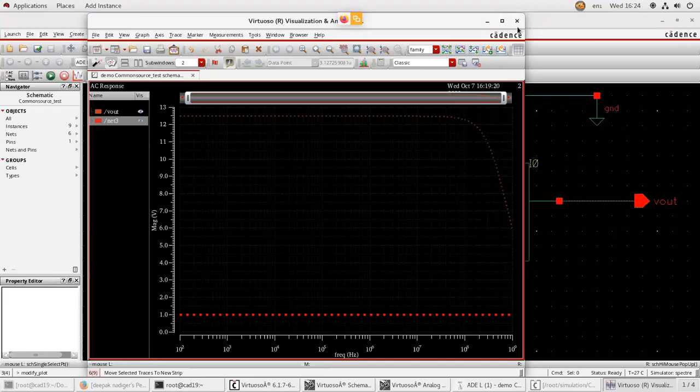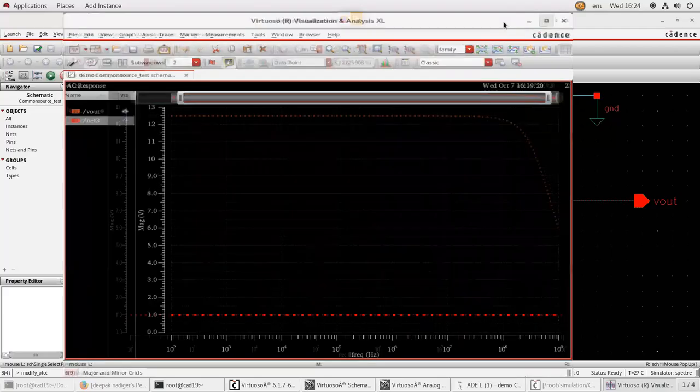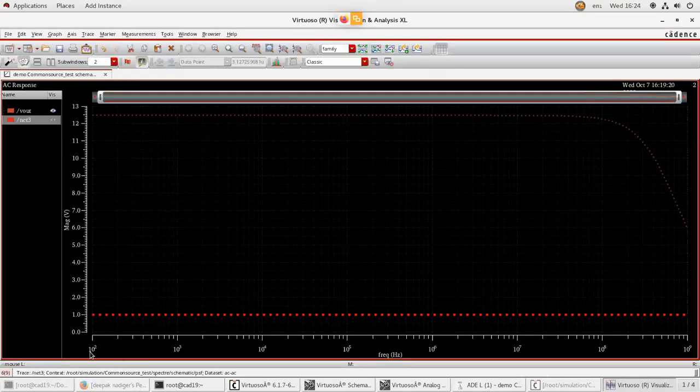This is about your frequency response. It is a plot of frequency versus magnitude of gain. Gain is nothing but V out by V in. So for different values of frequency, what is the gain you are getting?